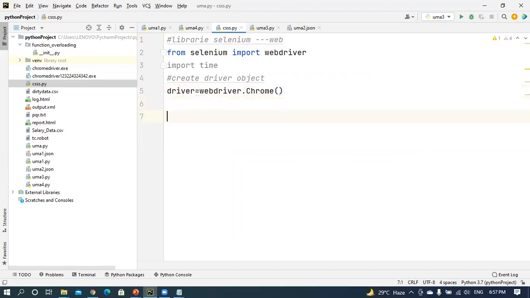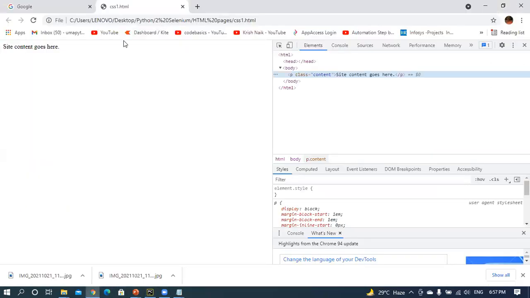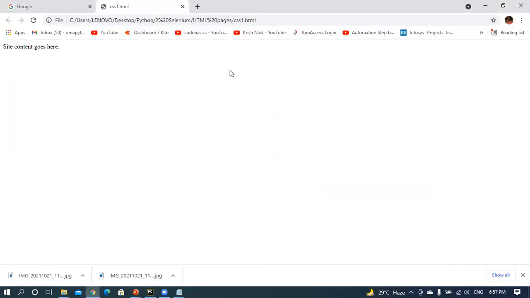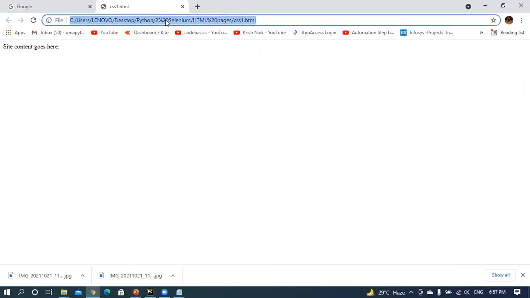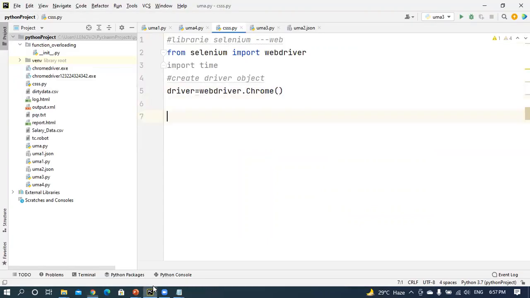After that, navigate to a particular website. What is the website for that one? This is the website. Is it clear? That means you created some website, and that is its name. You have to identify the location of this website, the website name. Navigate to this particular web page.